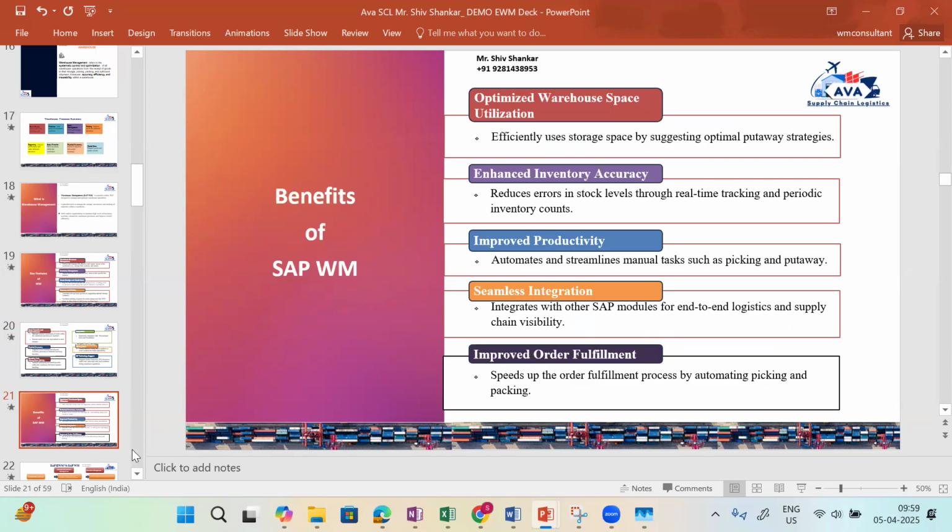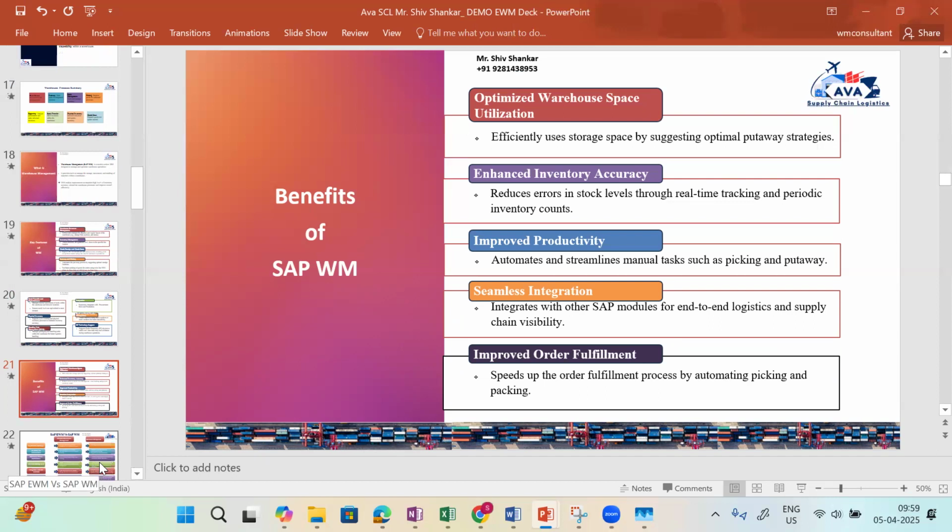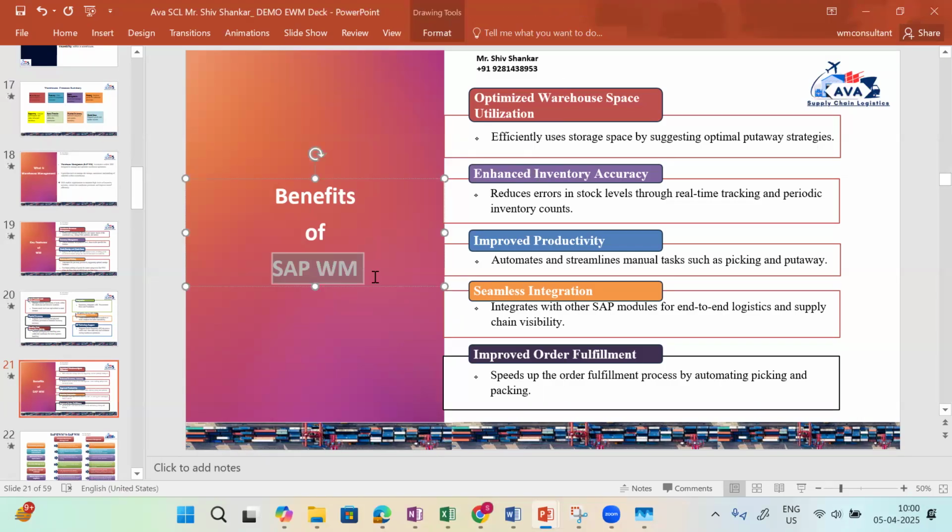Now, as we are working with SAP WM, what is the EWM? EWM is the module for this reason: a lot of customers are not meeting customers' demand because of globalization, the warehouse demands, and how optimally you store the material and how efficiently you pick the material. It becomes so challenging due to globalization. Because of that, all the customers like Volvo, Pfizer, Novartis across the world, 90% of the enterprises, have implemented